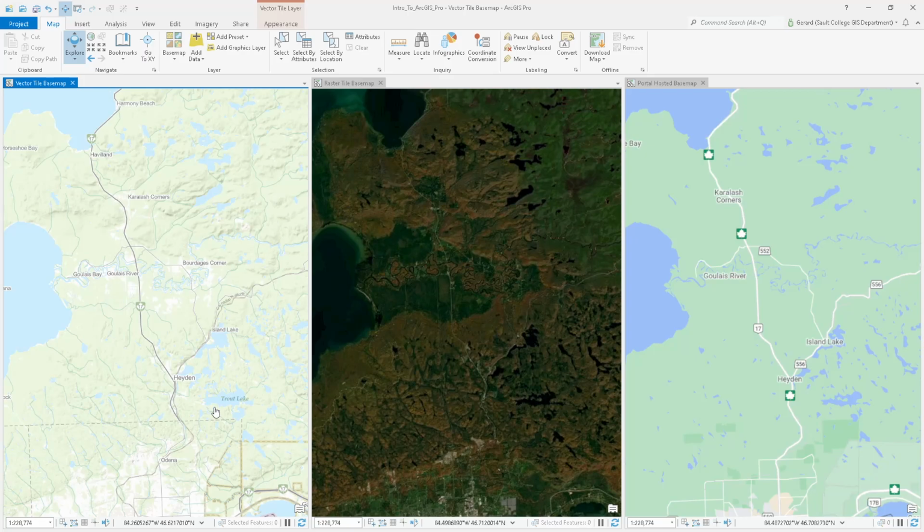Because you've got to think about how you're going to publish something or make a product that is useful. You don't just save a base map and say, hey, look at the map I made. Well, you didn't make the map. You just brought a base map in. GIS is a lot more than that now. So, anyways, I think we're almost at a point where we can talk about